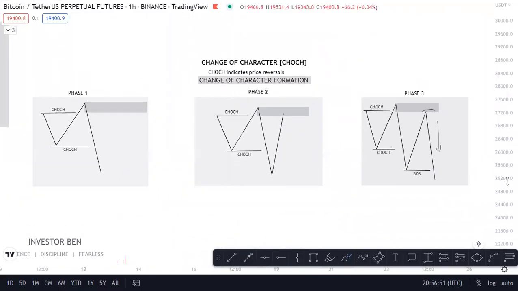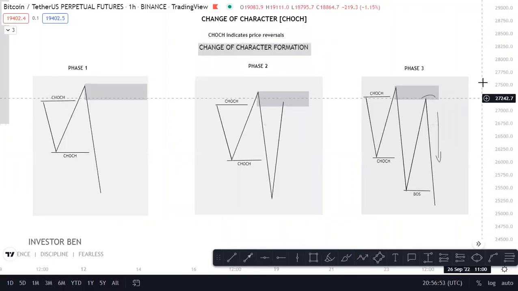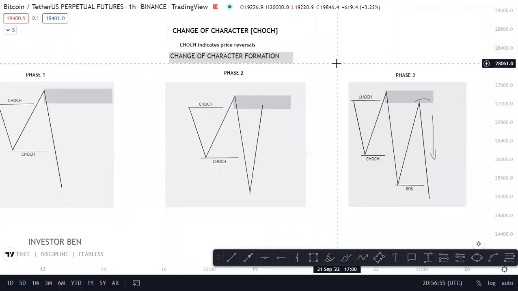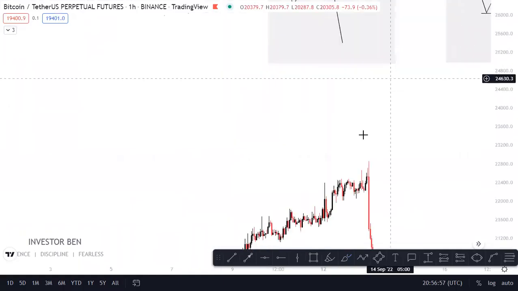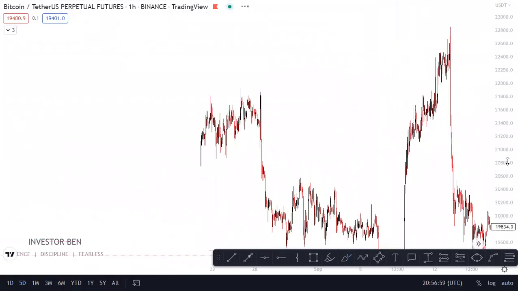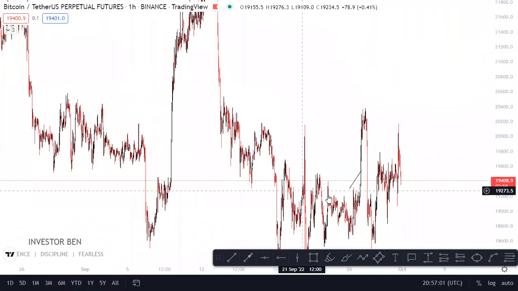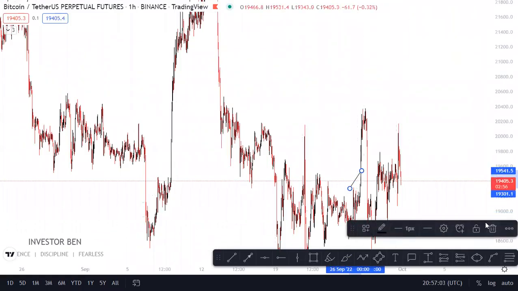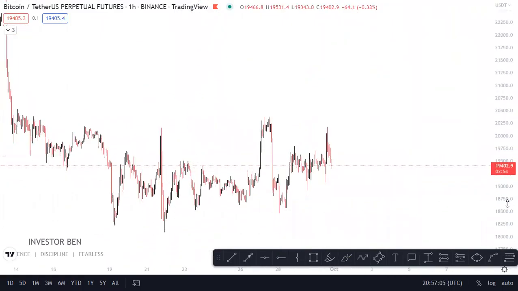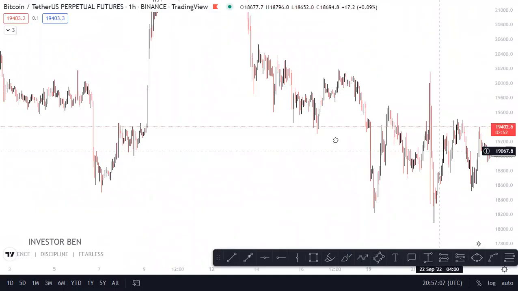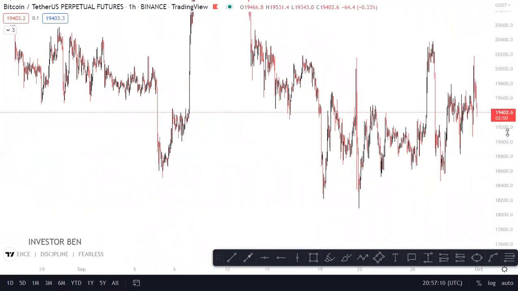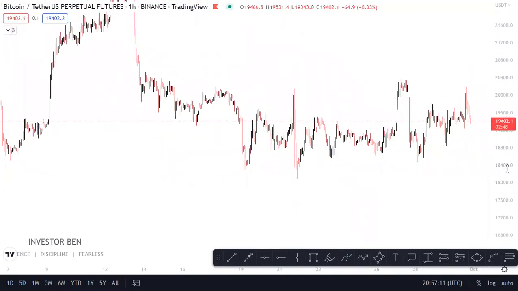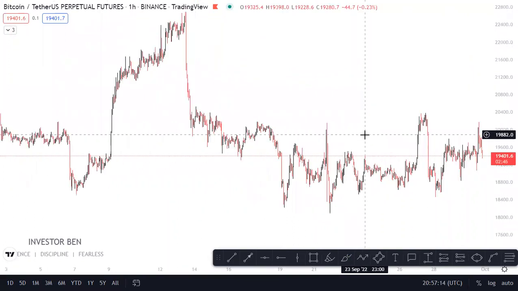So let's look at our charts and see how these things are being formed live. Let's clear this. So let's look at the live charts. Okay, live chart example. Though this one happened not to be very fine, but you could see we were